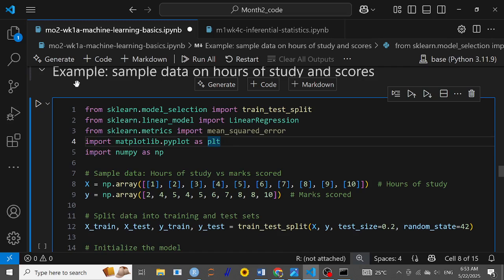The matplotlib.pyplot as plt is for drawing, for the visualization. Then numpy as np is to arrange the data, because that is what numpy does: vector, matrix, bringing up your data, just like your pandas. So